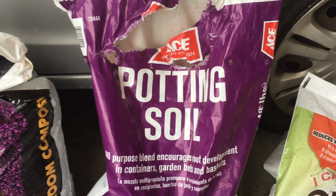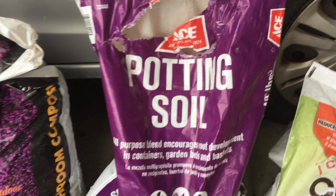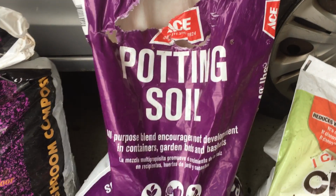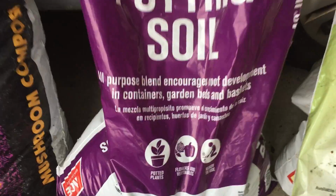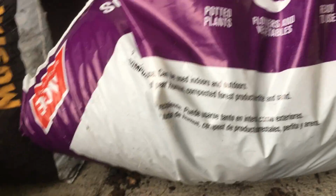You don't have to have soil in containers. If you want to throw a little bit of native soil from your ground into your containers to add bacteria and other microbes, that's fine. But the idea of just digging up a bunch of soil and putting it in a container is usually asking for compaction. So you can see it's labeled for potted plants, and if we look at the ingredients,